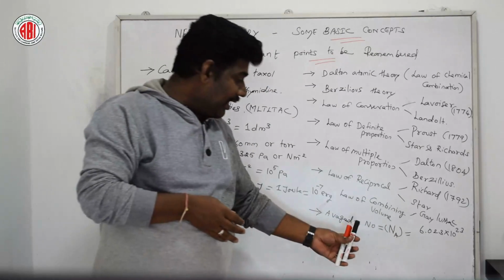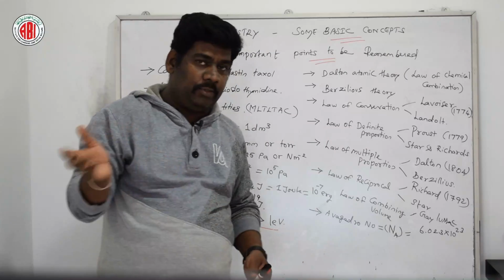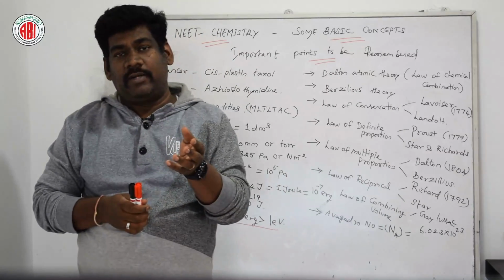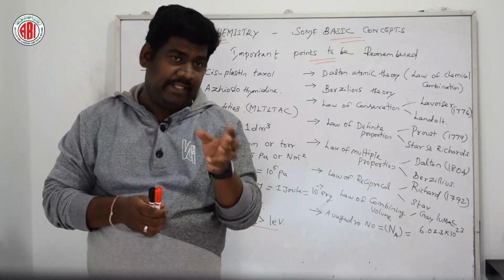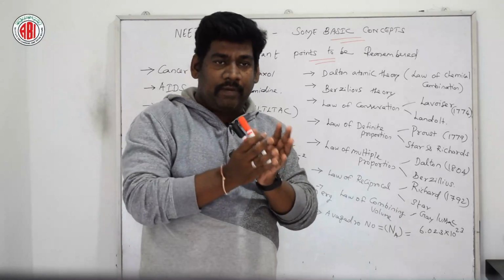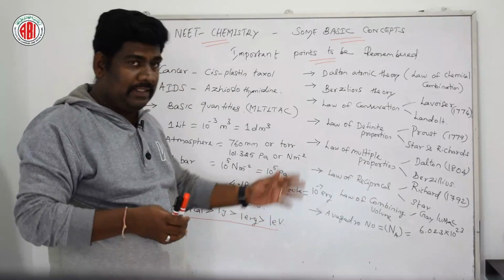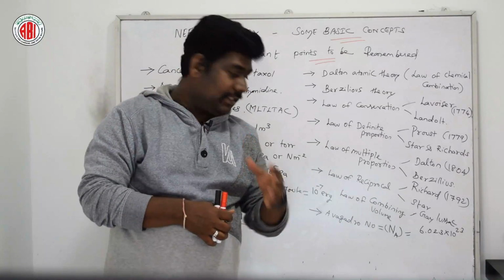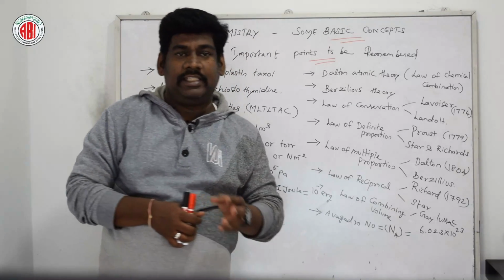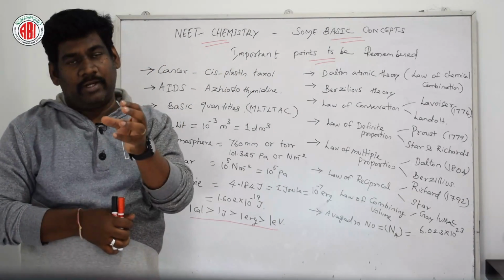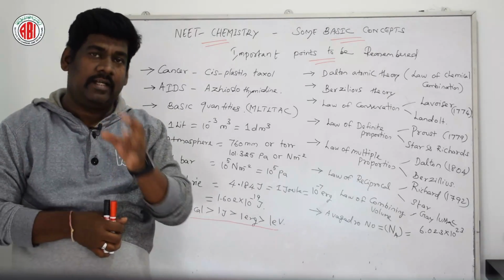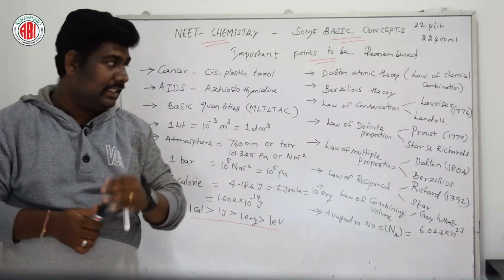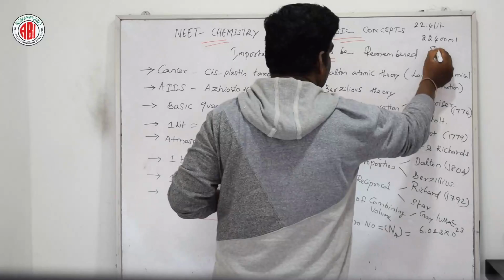And here are a few points on where Avogadro's law is used. Avogadro's law is used in deriving the molecular formula of a gas, determining the atomicity of a gas, and deriving the relationship of molecular mass. We know the formula for molecular mass, which we have already discussed: molecular mass is equal to 2 × vapor density. For gases, the Avogadro number of gas molecules always occupies 22.4 liters, or 22,400 ml. This is the volume at STP. STP stands for standard temperature and pressure. So this is also important.